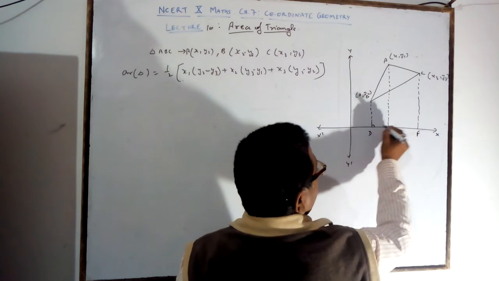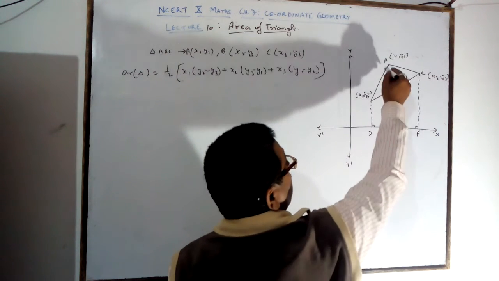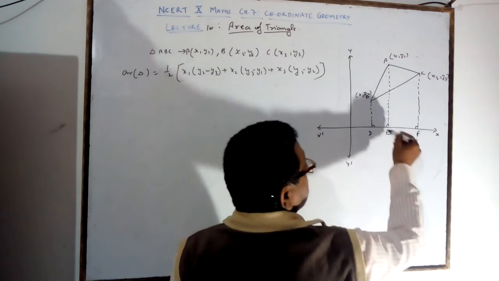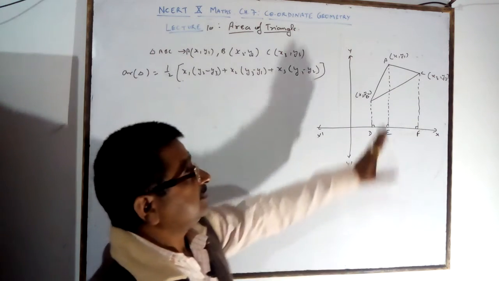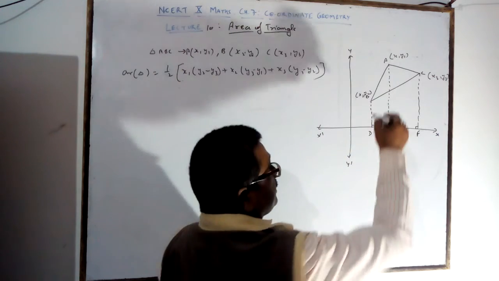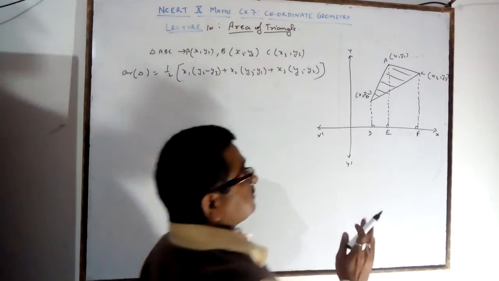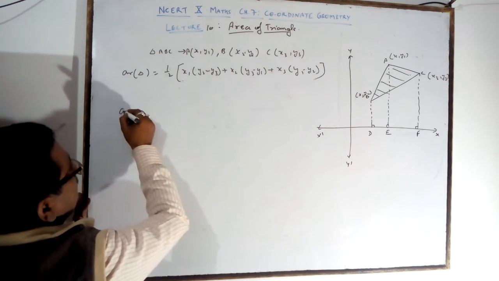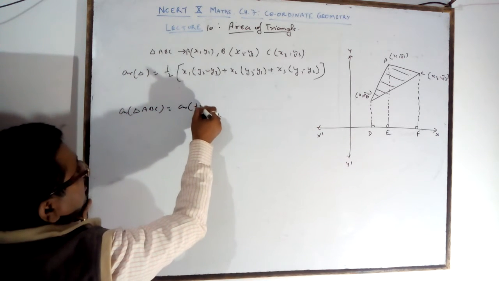These perpendiculars form trapeziums. There are 3 trapeziums. One is from A, one is from A on this side, one is from the BC line. So when you want the area of this figure, it means the sum of 2 trapeziums. Area of triangle ABC is equal to area of trapezium